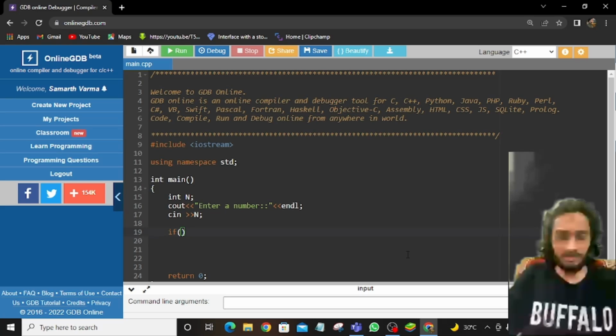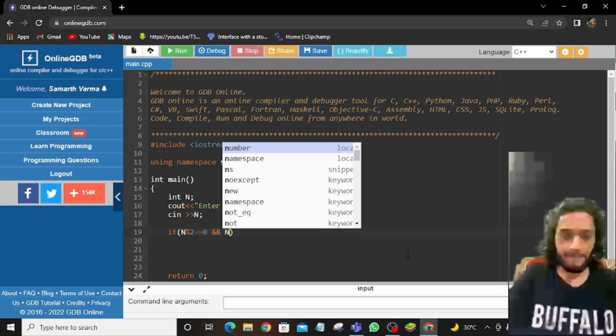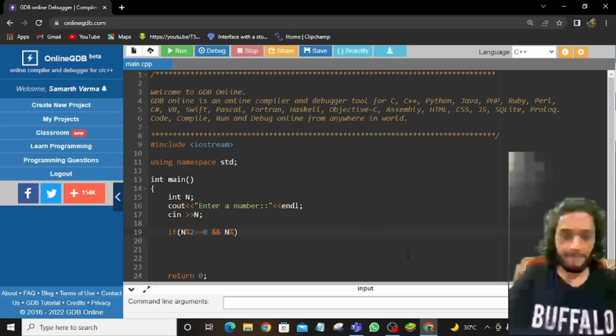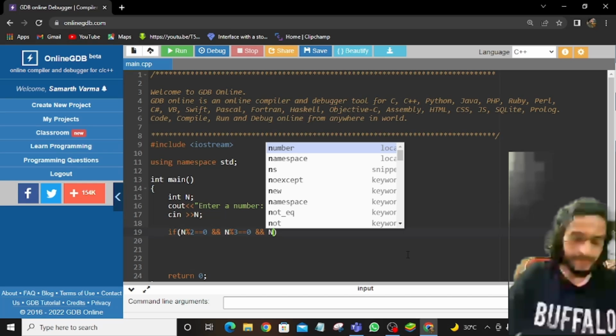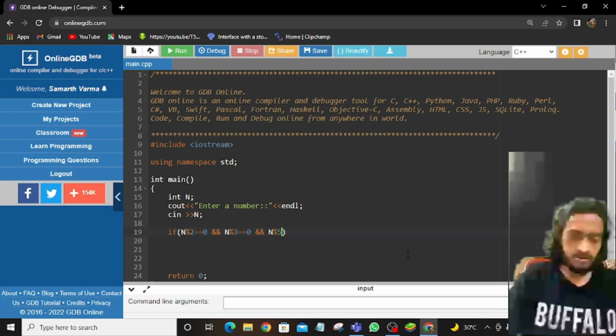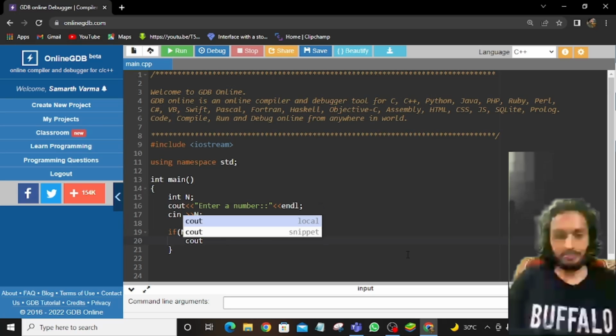So if n modulo 2 is equal to 0, and n modulo 3 is equal to 0, and n modulo 5 is not equal to 0, then we can say that the given condition is satisfied. So if this condition is true, then we will print cout